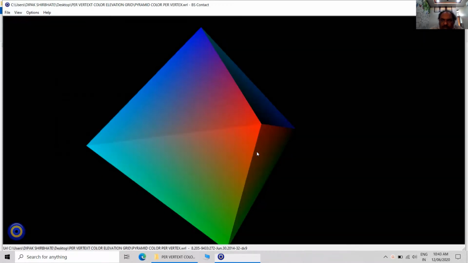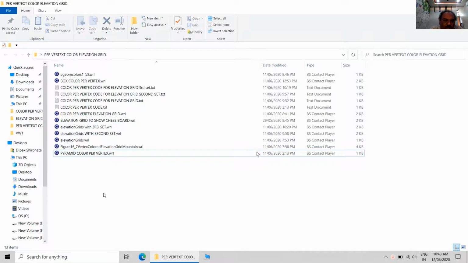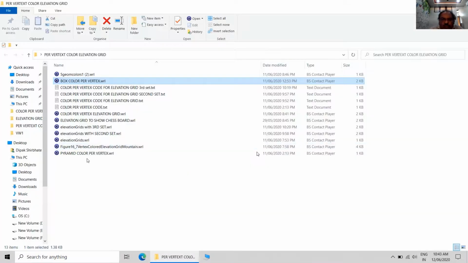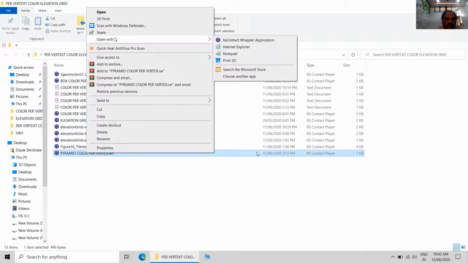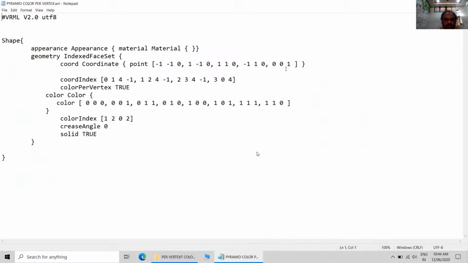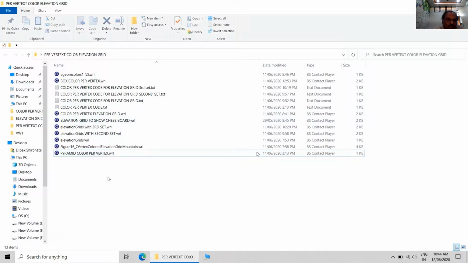I will be using these colors from the pyramid in the chessboard. So this particular box is also having color per vertex.